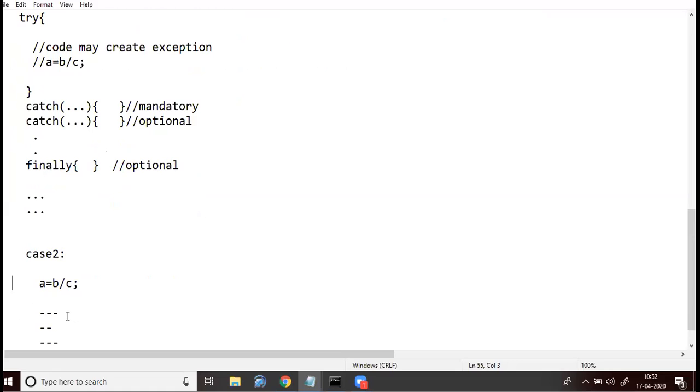Now, if C is 0, then what will happen? An exception will be created and the program will terminate.